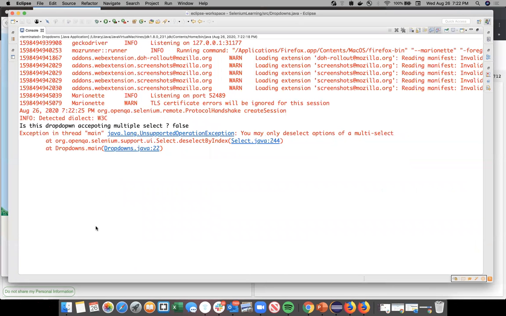Again it is saying something else. So basically it is trying to deselect an option which is not even selected, correct? So again you are getting